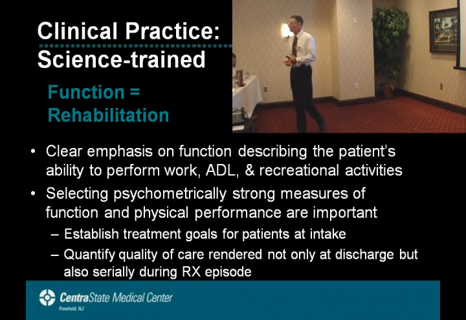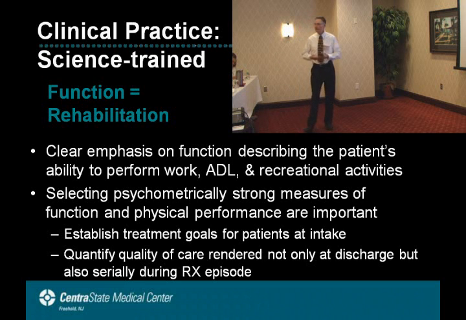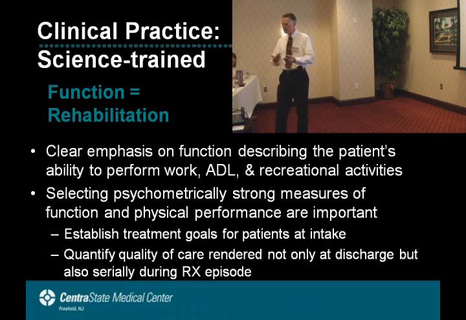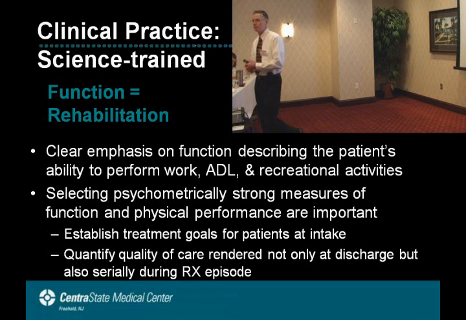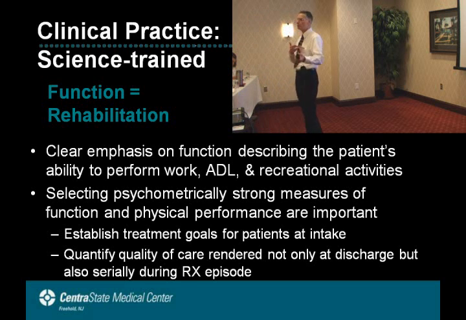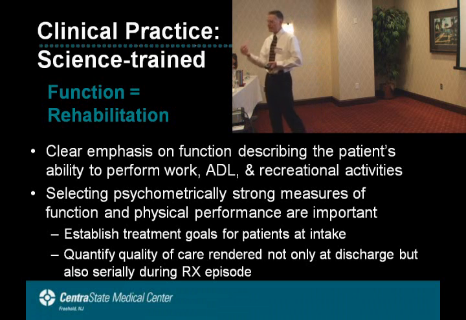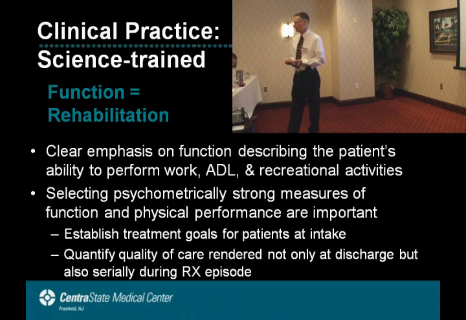That's why the patient hopefully is coming to see you as they control their pain. We need to understand and describe and improve the patient's ability to perform their usual activities, their work activities, and sports and recreation. All of this is important. So selecting psychometrically sound or strong measures of function and physical performance are important. Psychometrically sound is kind of what Dennis had already talked about. We could talk about reliability, validity, responsiveness, etc. Patient self-report surveys do that for you. Clinicians' physical performance scales do that for you.